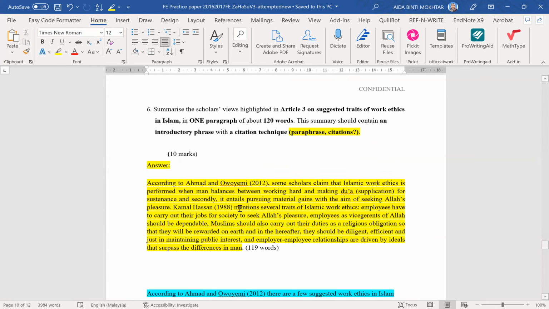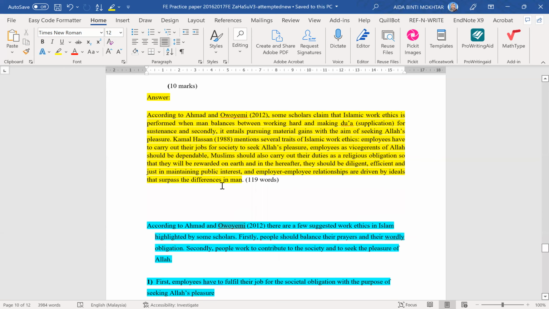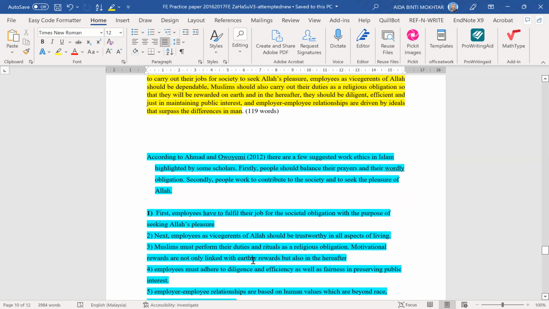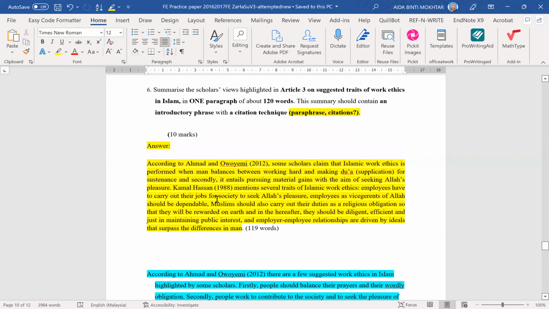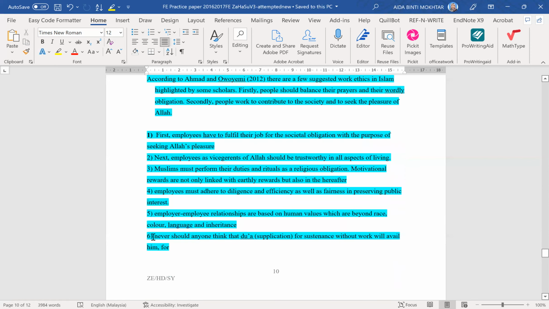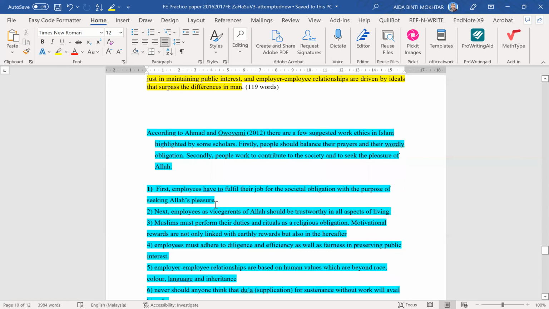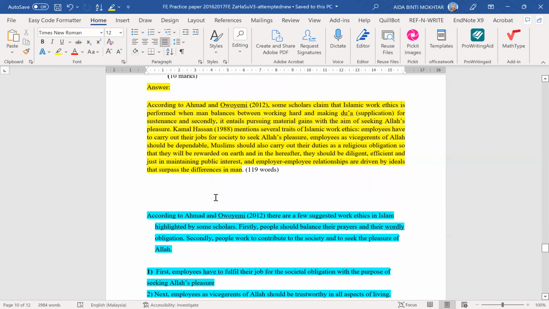I looked at the example because in blue this seems to be the example for the answer to this question. So what happens is I simply reworded it, and I don't like the fact that it's in a numbering form. When it's in a numbering form, that's not how a summary should be, but I'm not quite sure how your lecturer has taught you on this one.